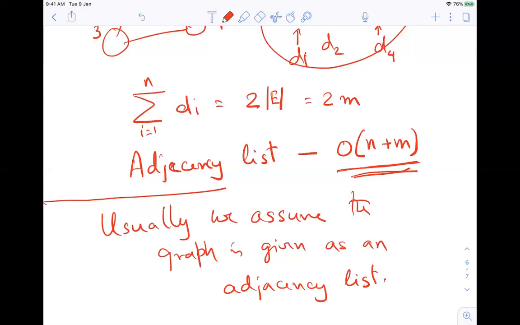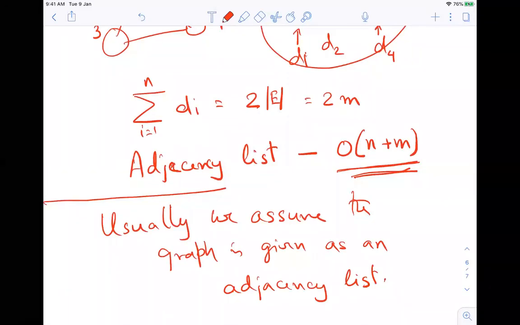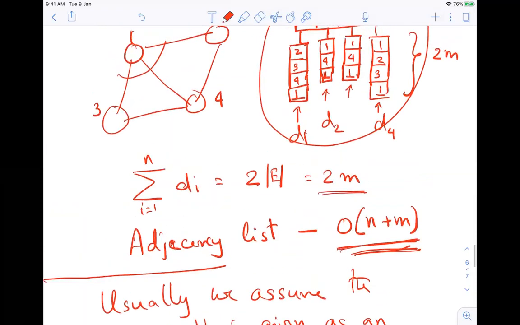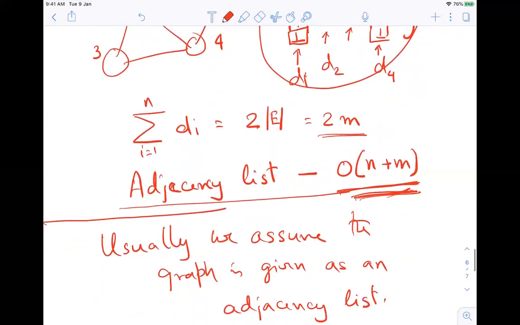Every site has at most something like some hundred different links to other sites. Which means that this m is just some 100 times n, but the n is massive. So in such a situation, you can imagine, why should we store the graph? Why does Google or any of them store the graph as order n square? Instead, they would store it as an adjacency list in order m plus n.